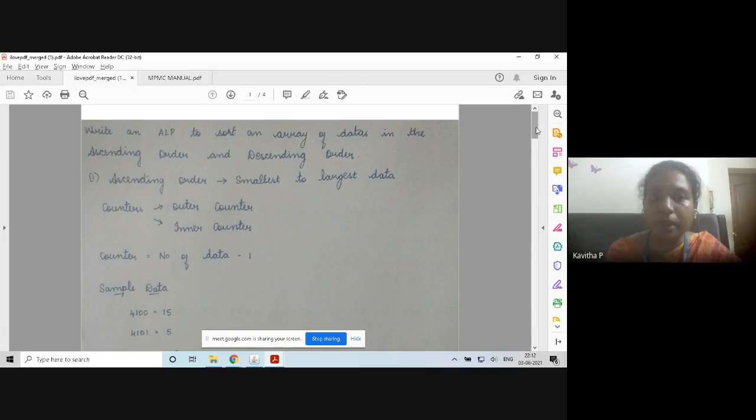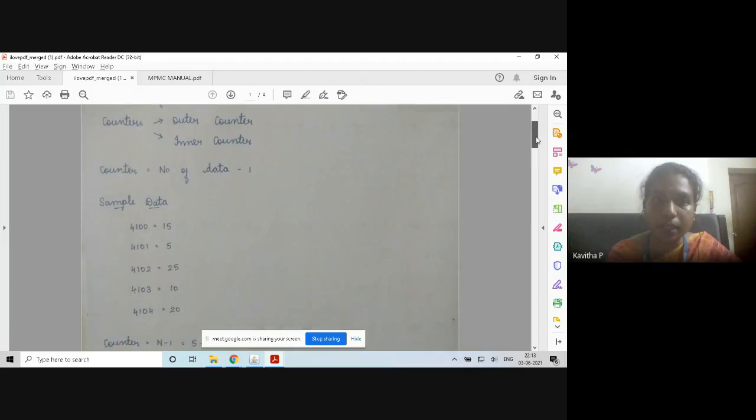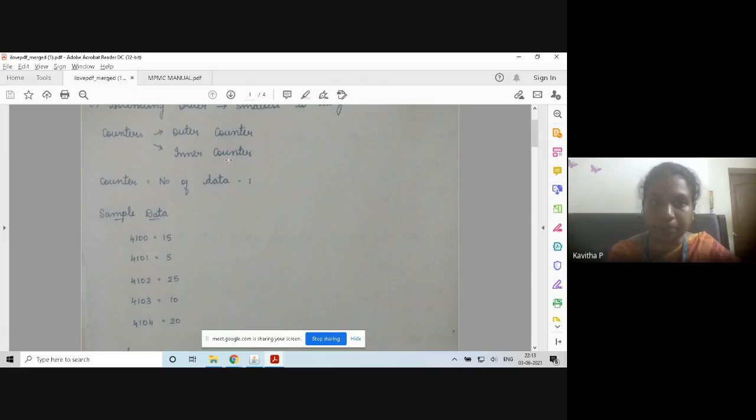for which we will require two different types of counters. So first one is the outer counter and the second one is the inner counter. The outer counter is the total number of processes and the inner counter is the comparing of the data. So the counter value will always be equal to total number of data minus 1. So for a sample of 5 data given, the counter value will be 5 minus 1, which is equal to 4. So initially the outer counter will hold the value 4 and the inner counter will also hold the value